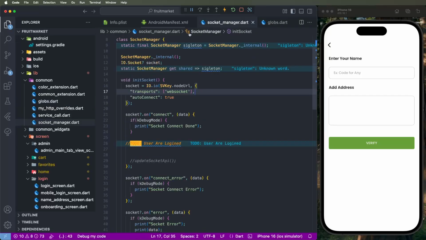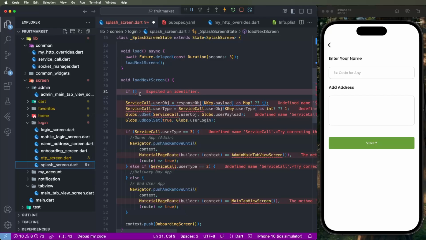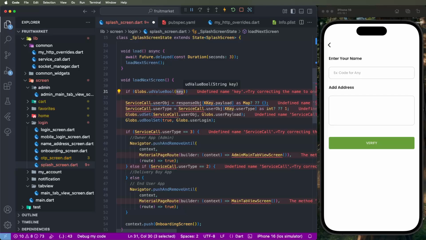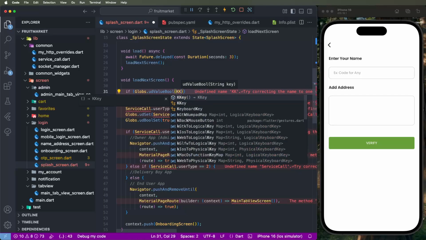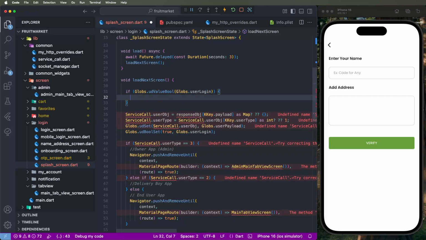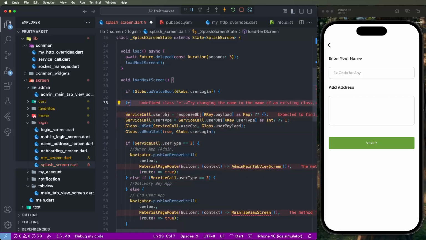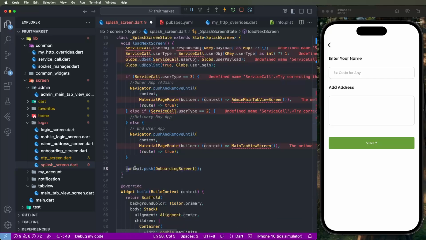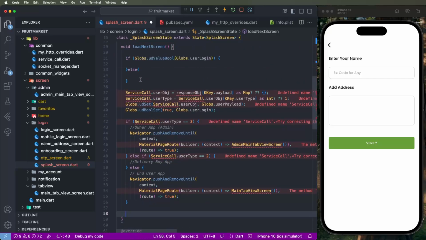Need to call here ud value bools, give this here the key globes user logins. It gets the true, else not true, then we need to context push here the